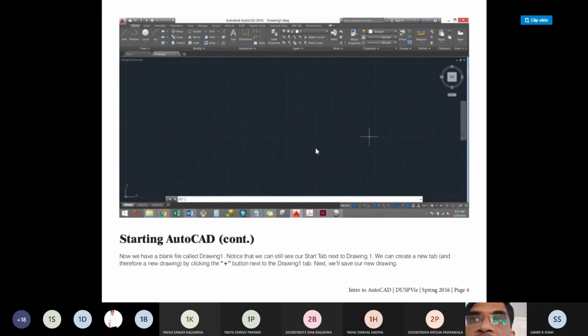Whenever you start AutoCAD, this kind of screen is shown on your screen.